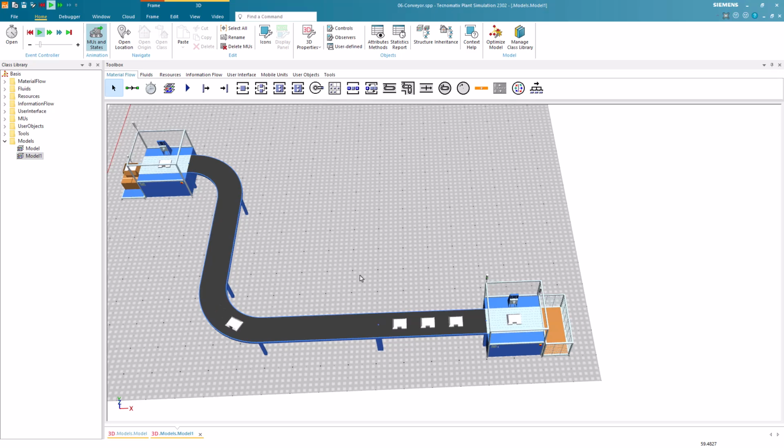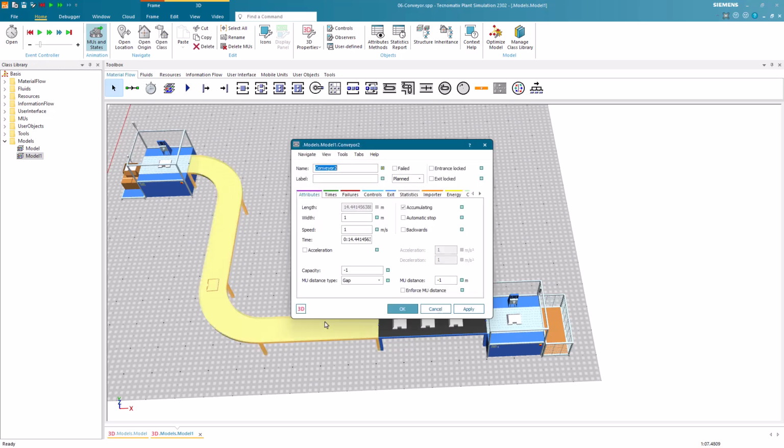Now we look again at the remaining gap types. Minimum gap determines the minimum distance between the rear of the preceding part and the front of the succeeding part. It also prevents the conveyor from stopping and waiting for new parts, and allows it to run dry. Minimum pitch does the same for the pitch gap type.